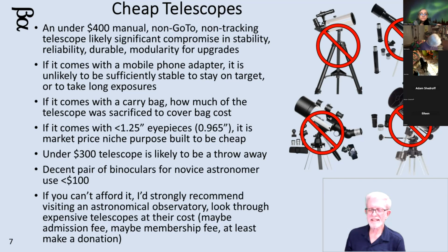So if you're paying less than $300 for a telescope, it's probably a price that's a niche market specifically designed for suckering you in with a lower price tag. If you're looking at a telescope that has, instead of 1.25" eyepieces, the smaller 0.965 inch eyepieces, less than an inch in diameter, the visibility through them is going to be very difficult because you're not bringing enough light